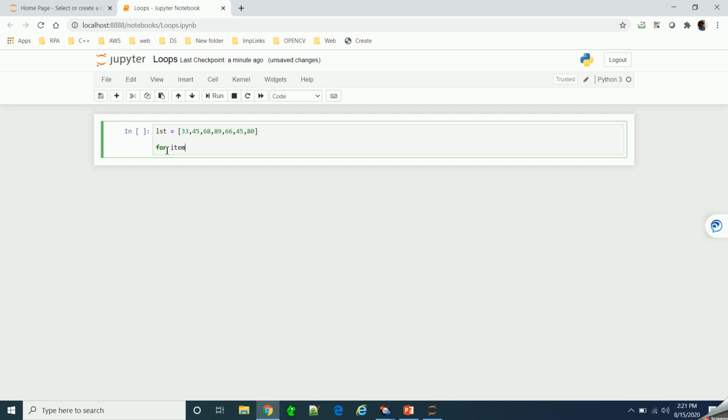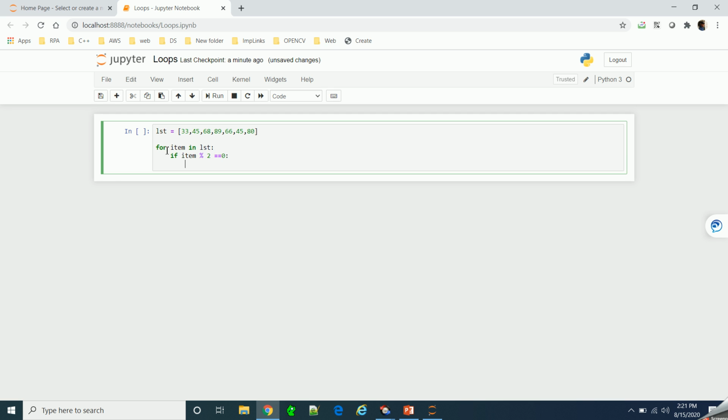So I'll say for item in list, and then we'll check the condition if item modulus 2 equal to 0. That is, if we divide a number, whether it is giving remainder as 0 or not.